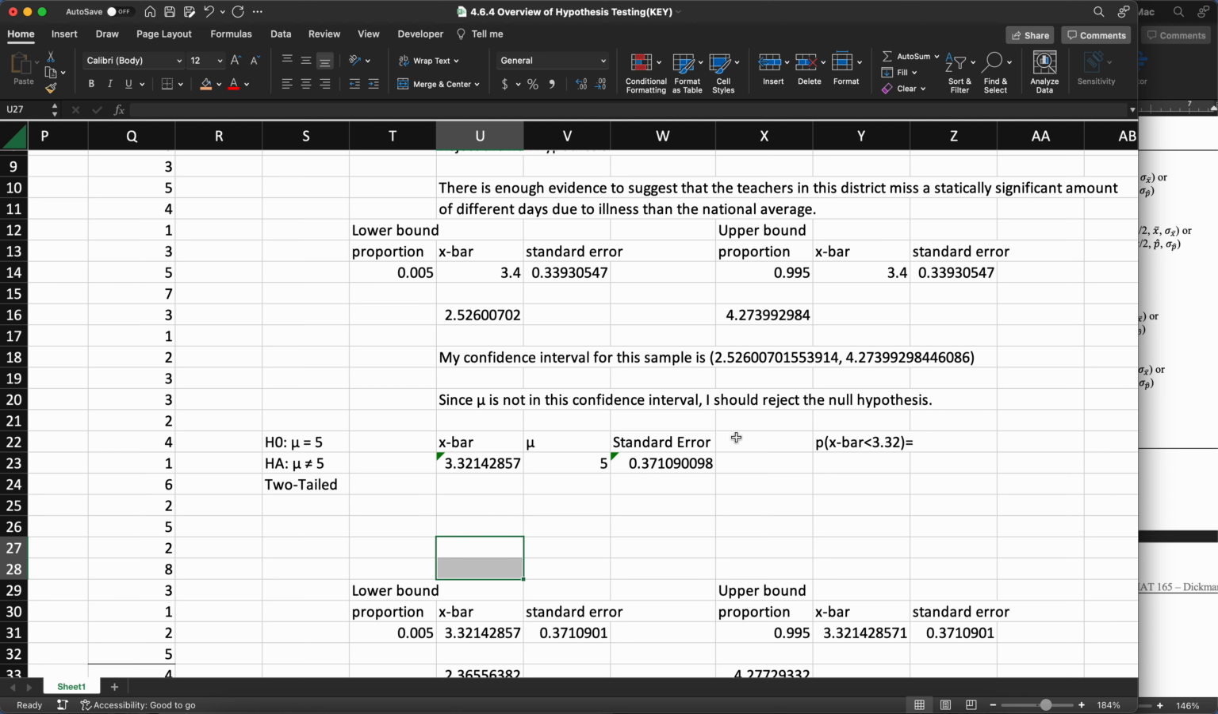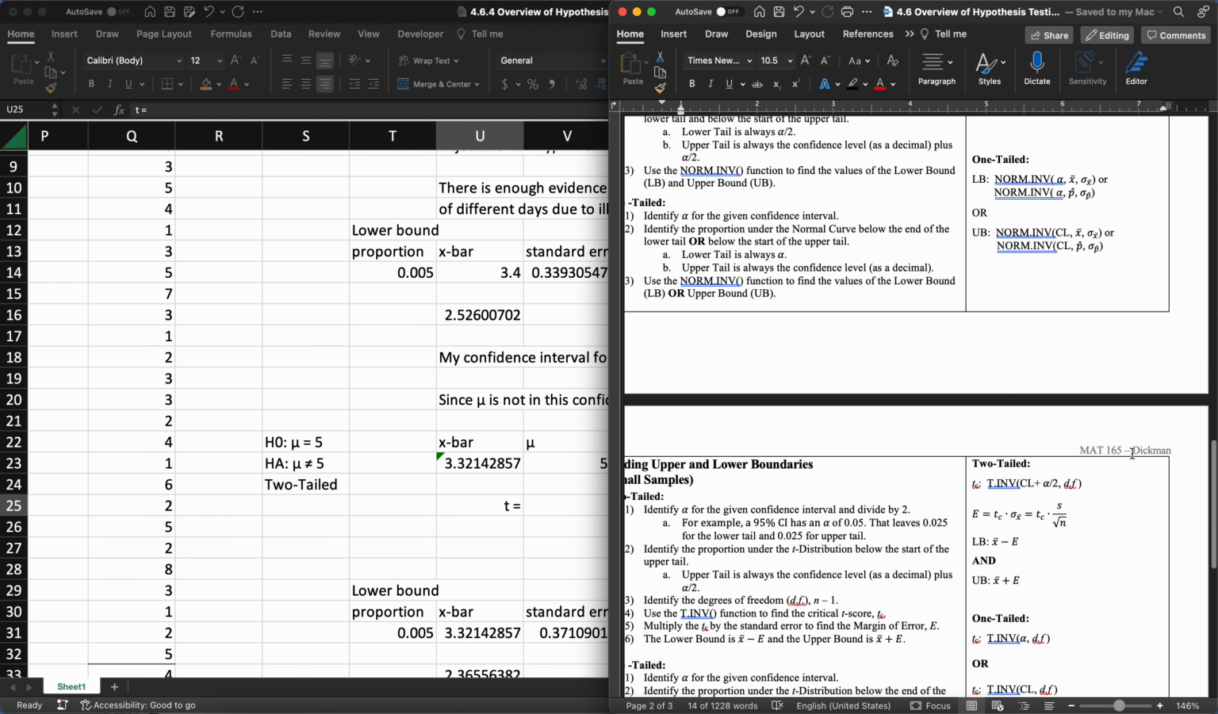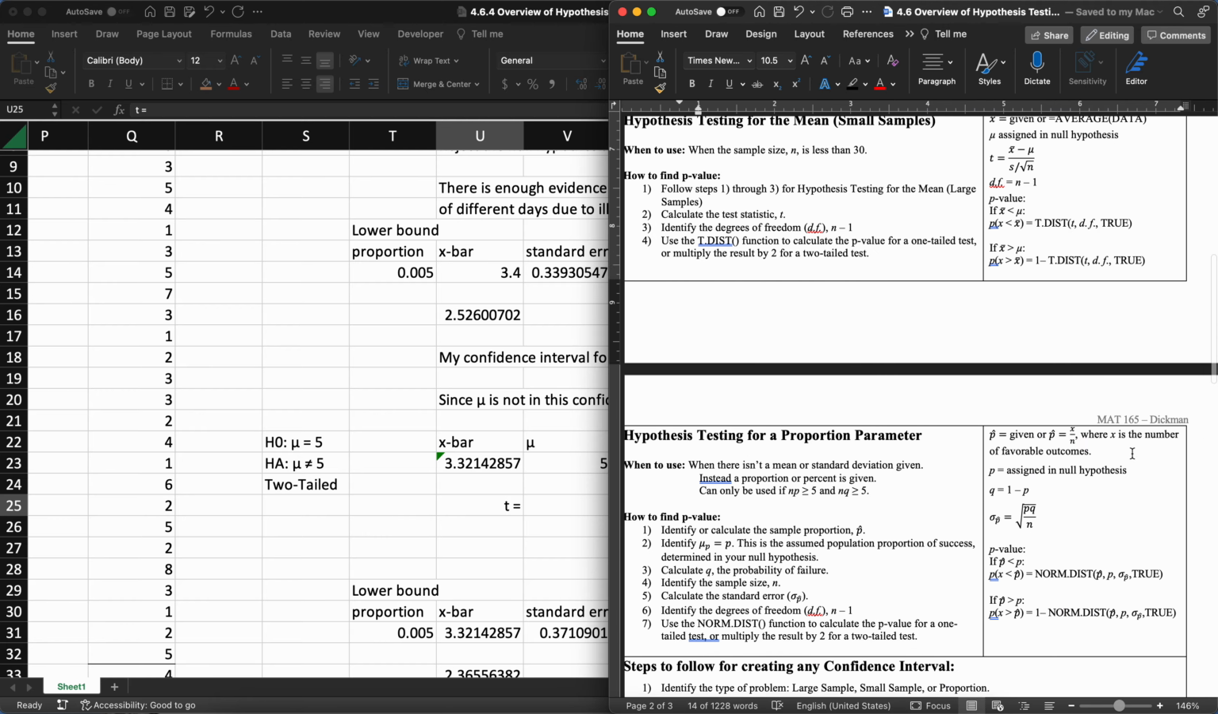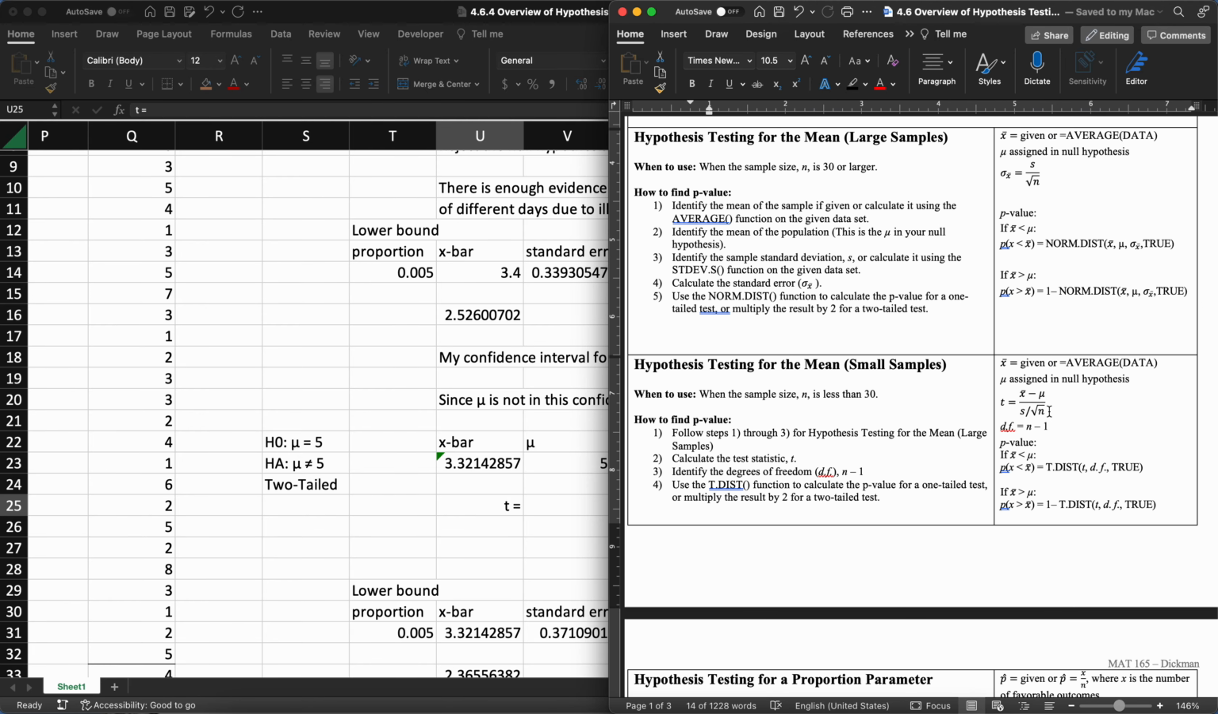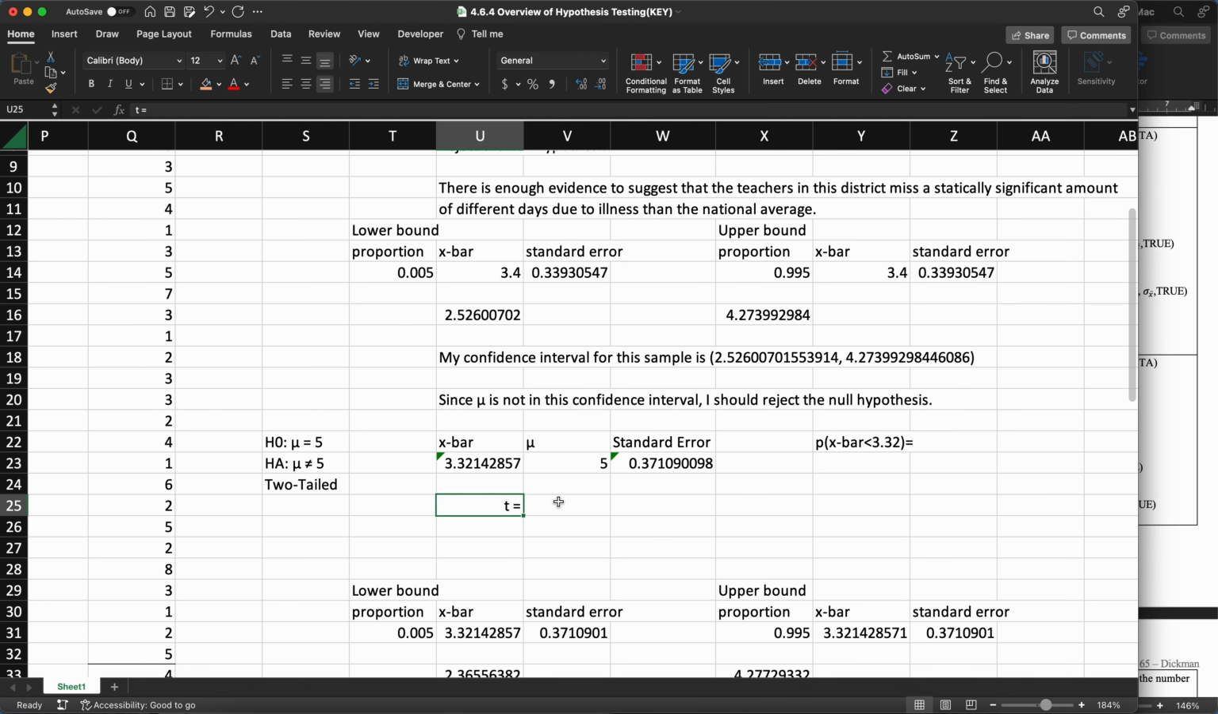So I need to find my t-value. This is a small sample, it's less than 30, so I need to find my t-value. Let's remind ourselves what the t-value formula is. Okay, small sample, here it is. The t-value is going to be X bar minus the mean divided by the standard error, and that gives me negative